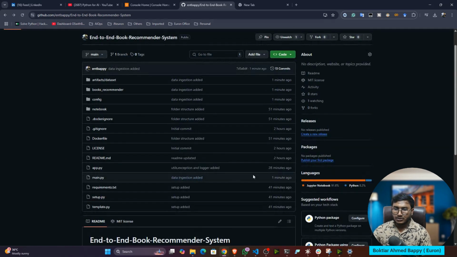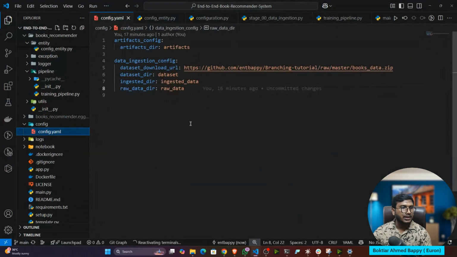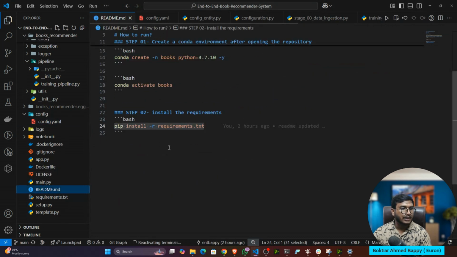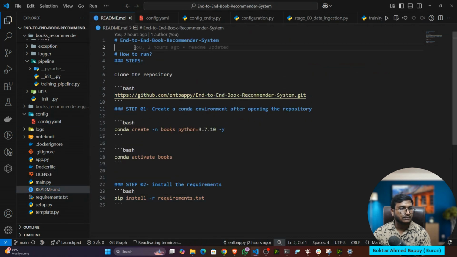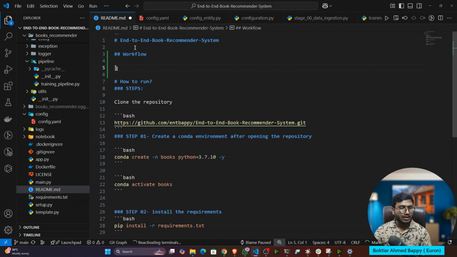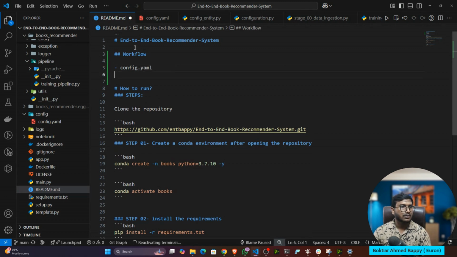Yeah. So now let's implement the next one quickly. So again, I will add the config.yaml. So the same flow, guys. So here I can write the workflow. First of all, you have to update config.yaml.